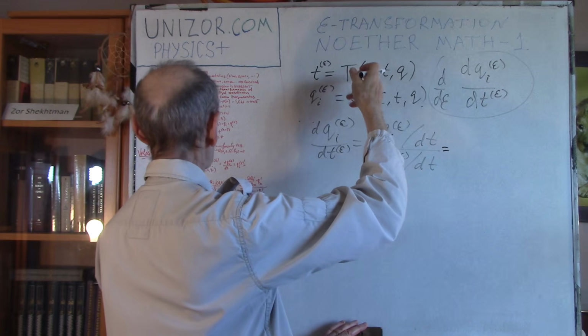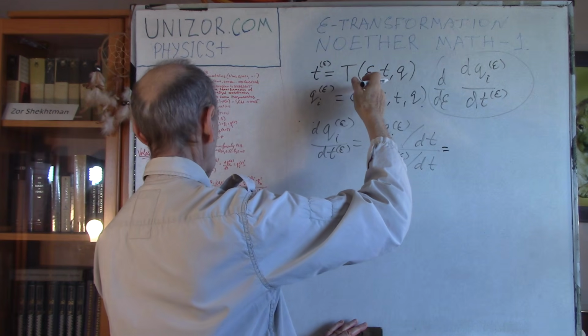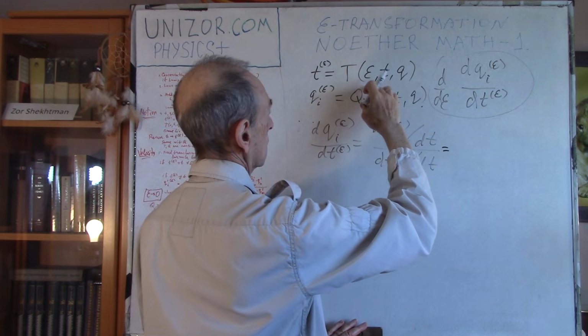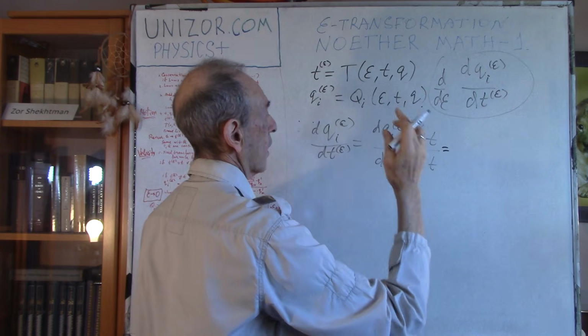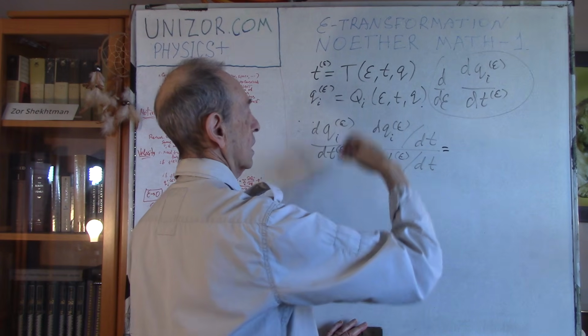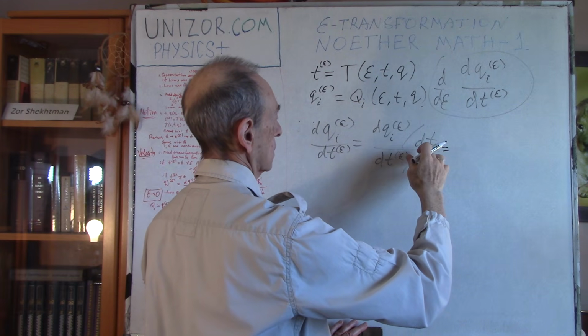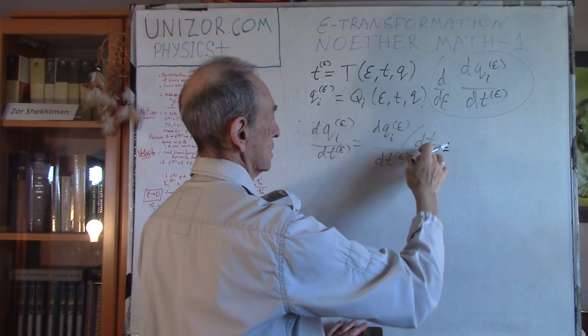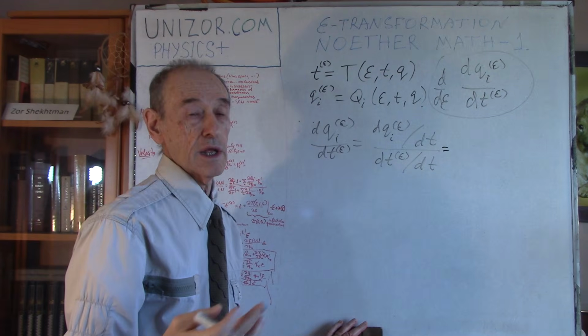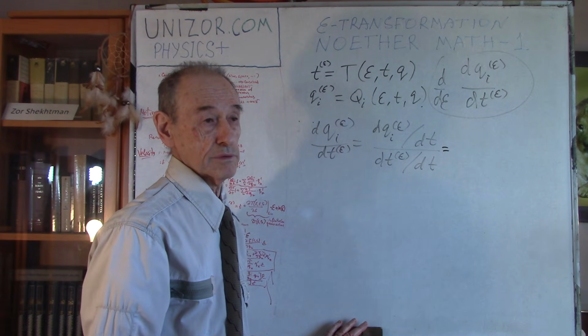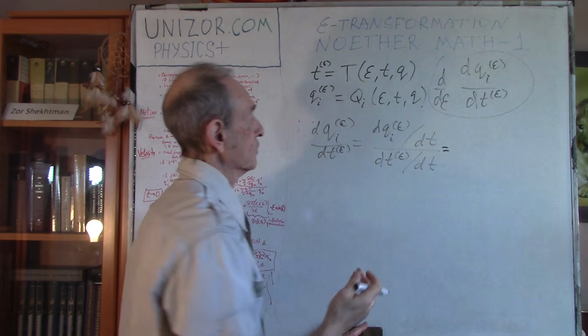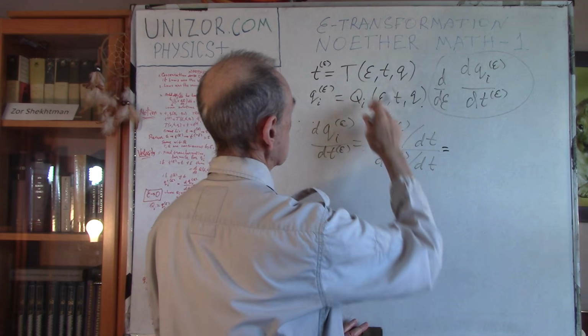Well, partial derivative by epsilon times derivative of epsilon by dt. Well, epsilon and t are independent from each other, so obviously the first member is equal to 0. Now the second member,